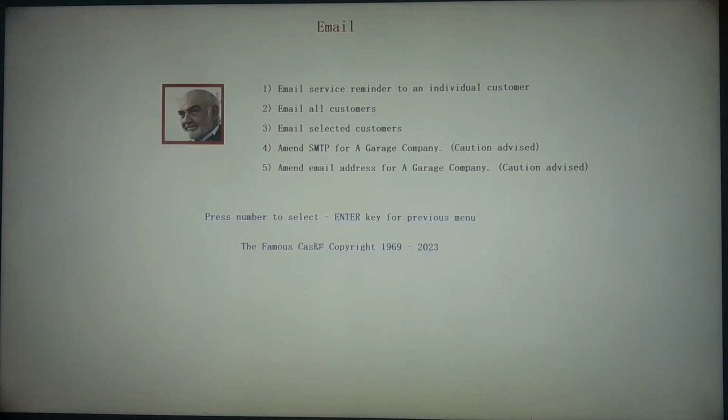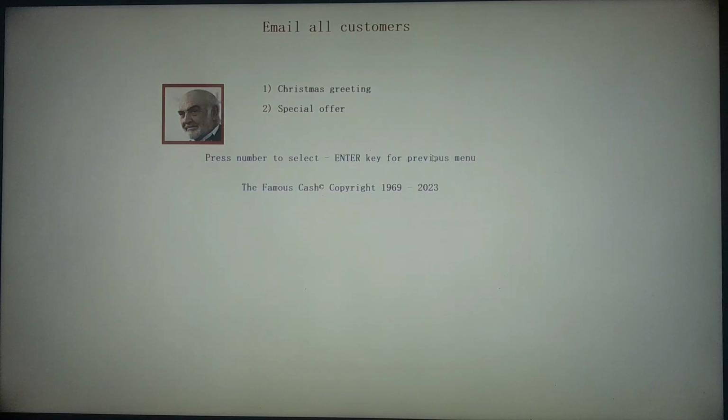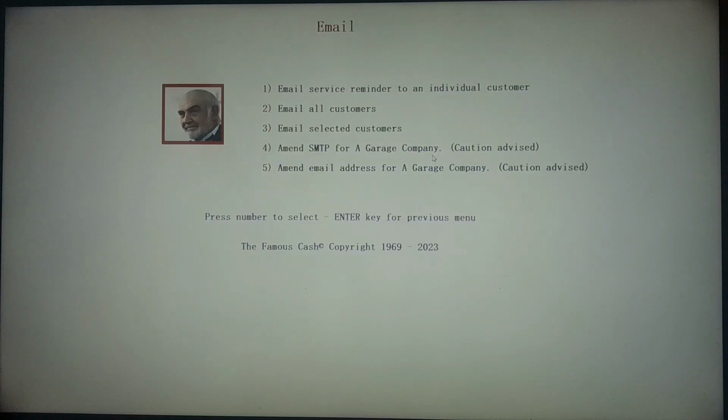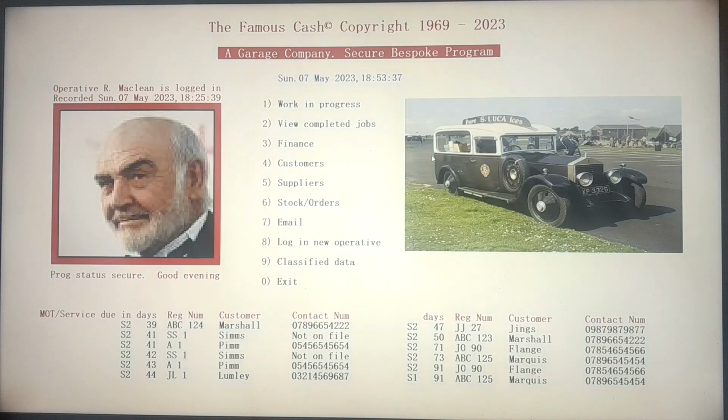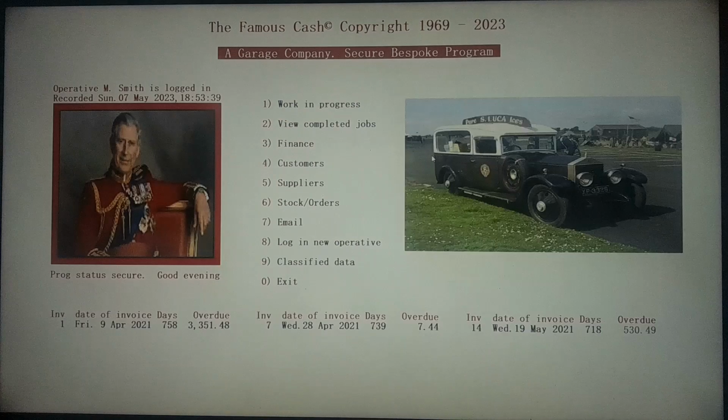You can email all customers, and you can email selected customers. You can send Christmas greetings or a special offer that you've set up, and you can send that to selected customers. We can log in a new